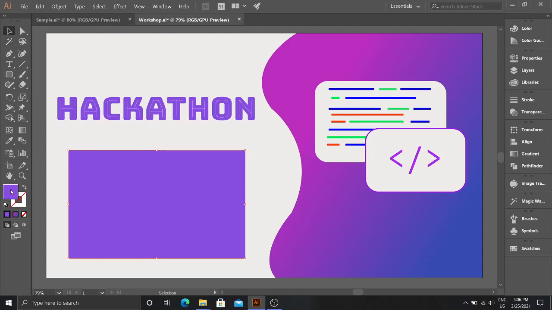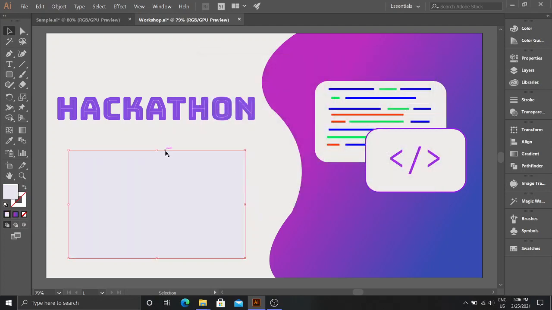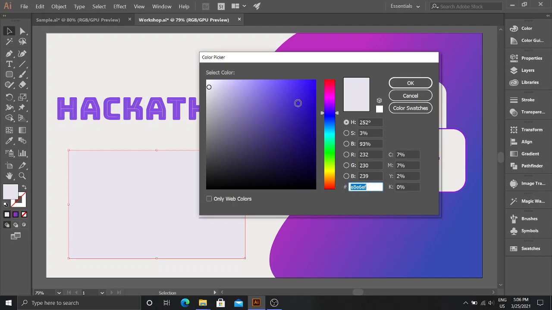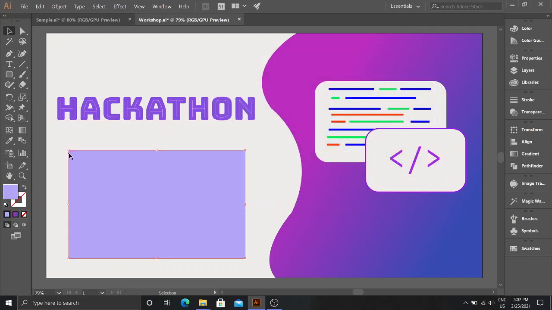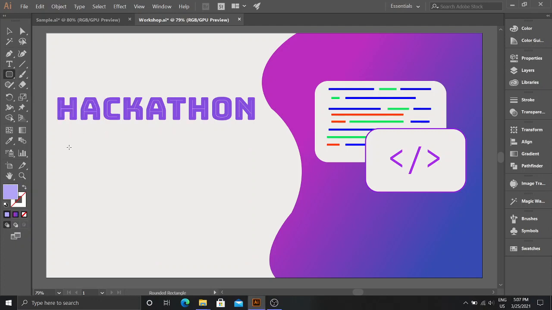Change the color. Like this. Maybe in fact a rounded one would be better. Like this.